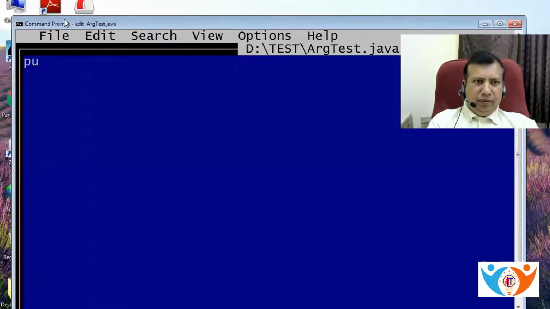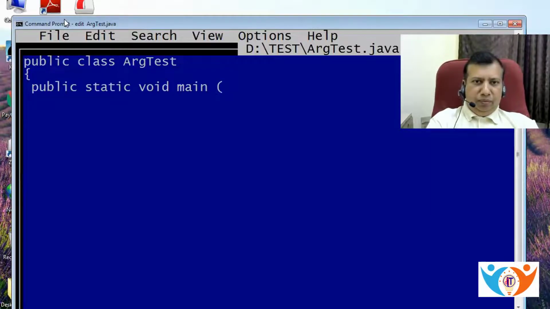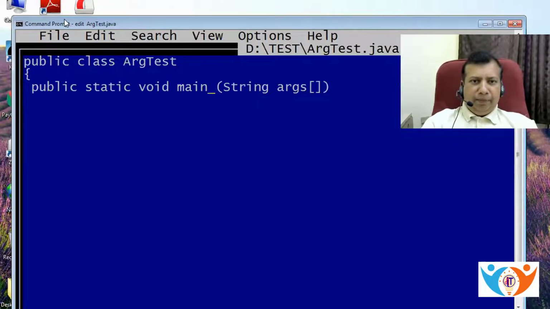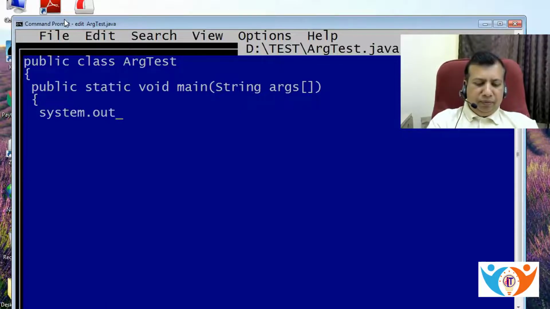So public class ArgTest, public static void main which accepts an array of strings and the name is args. Inside, I am directly displaying the first one. So this is the first program that we have seen in PowerPoint.